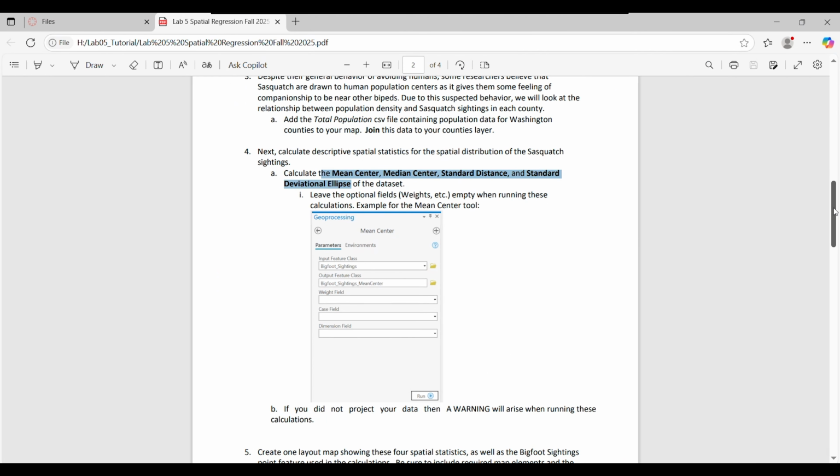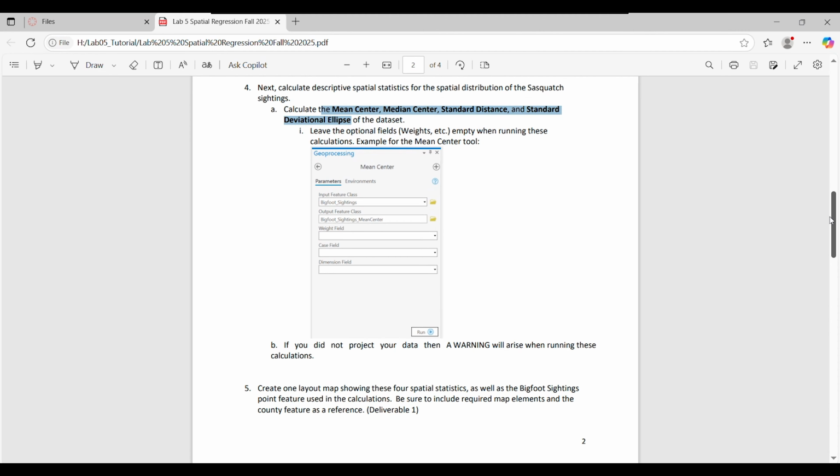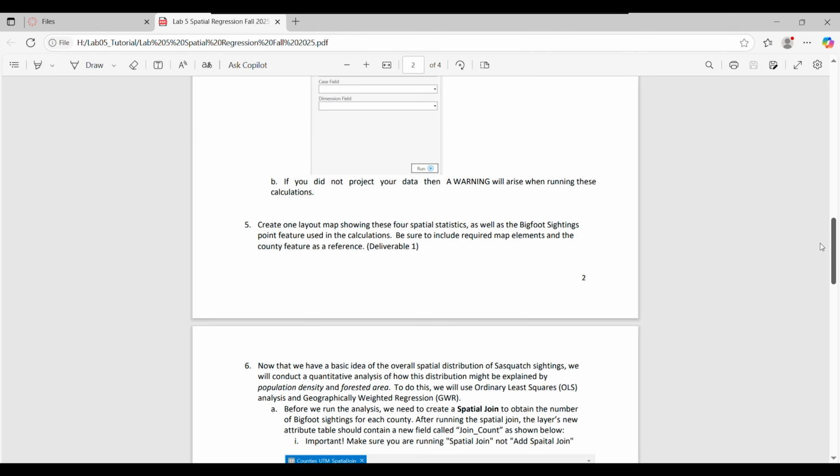So you just have to make a perfect map with all other elements that a map should have. So this is one of the deliverables. Yes, so follow this, and this is deliverable 1. You just have to make a map with all these 4 spatial statistics. Now we will move on,